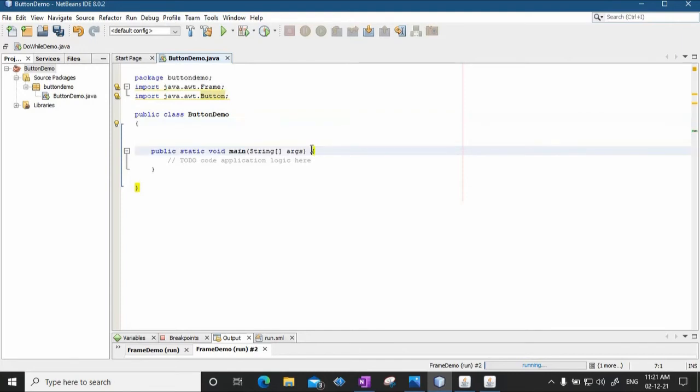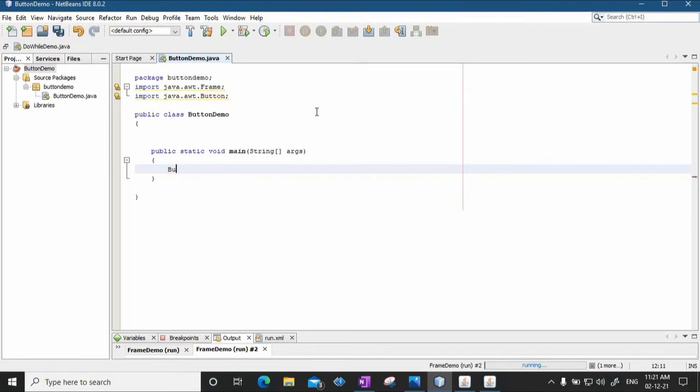Like what I did in the previous program, the interpreter will start executing the program from main. So in main I'm going to just create an object of class ButtonDemo.